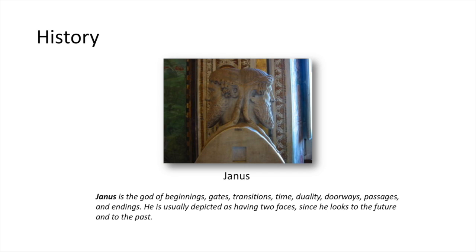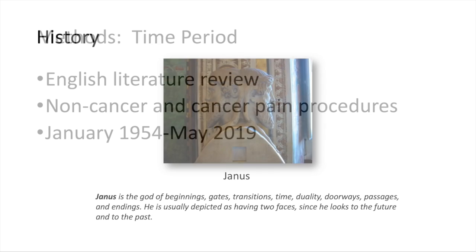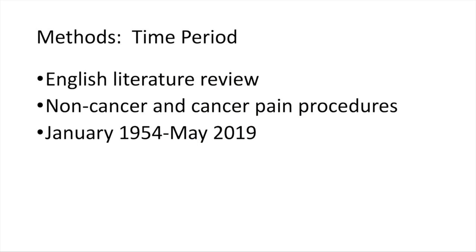In this chapter, we summarize the published data on destructive procedures for both malignant and non-malignant causes of pain in order to determine the level of evidence supporting continued use and help define areas that warrant further study. Therefore, we reviewed human clinical studies that reported outcomes for destructive techniques used in the treatment of non-malignant pain conditions. Reviewed studies were grouped according to the surgical target, beginning with peripheral or first-order neuron targets. We reviewed the peer-reviewed English literature that encompassed January 1954 to May 2019, applied to both malignant and non-malignant pain etiologies.